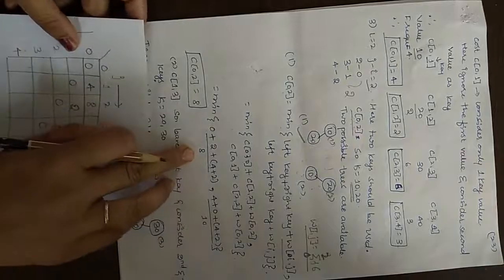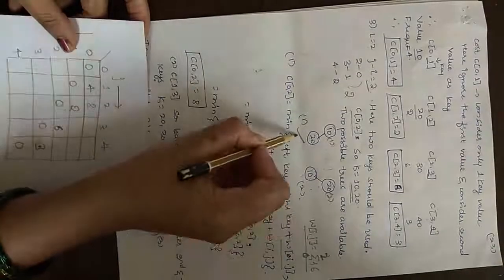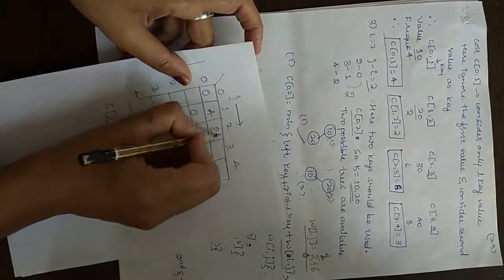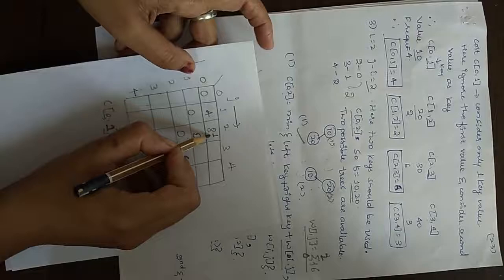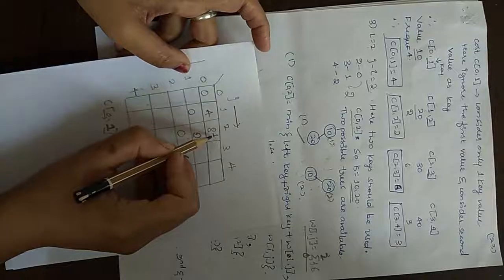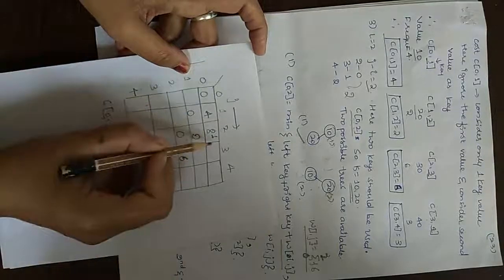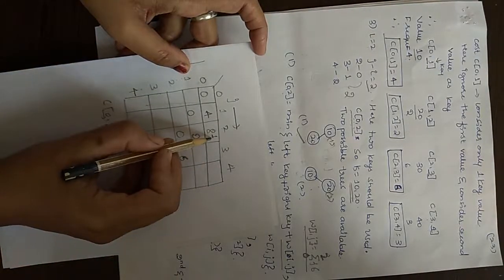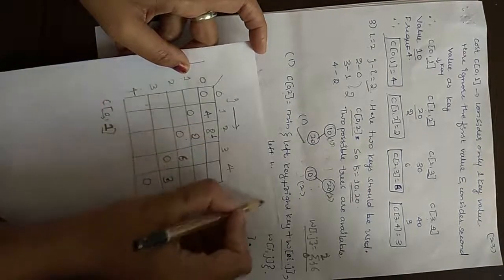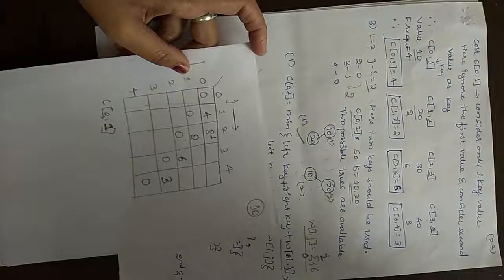This 8 has come from which term? It has come from the first term. The first term is represented by the first tree organization. Who is the root of this first tree? 1. So here I am writing 1 as the root. 1 means the first term; the first key is the root of this value here. Why do we have to find the root? At the last step we will understand that. So from now onwards, from 2 up to here, we are going to write the root node that gives me the minimum value. Okay, the root node is 1. 1 means the first key is the root. The first key is 10, so 10 is the root. Okay, so done.